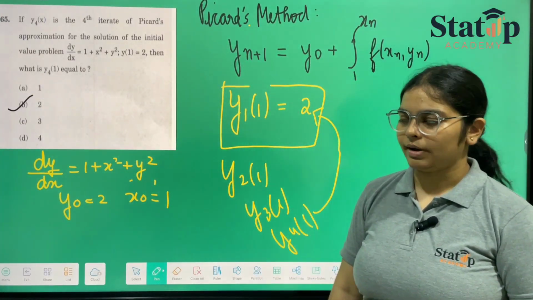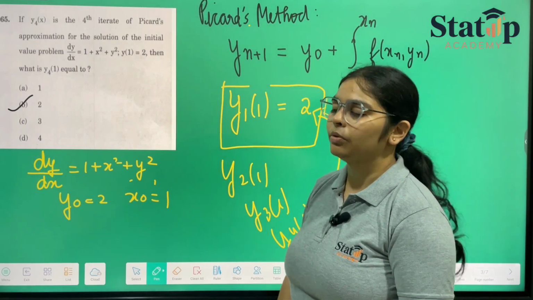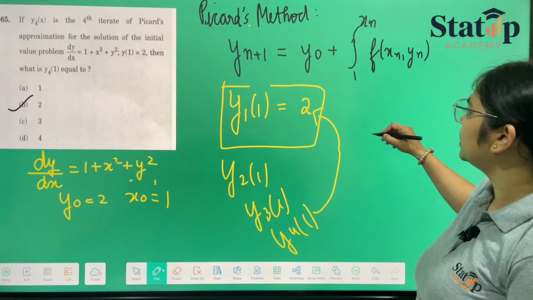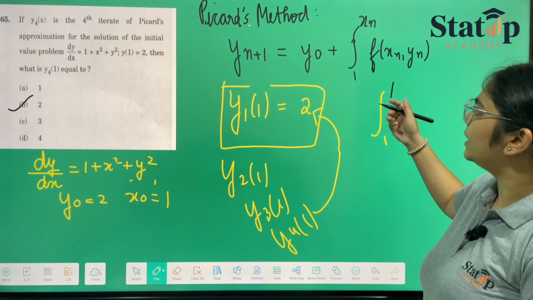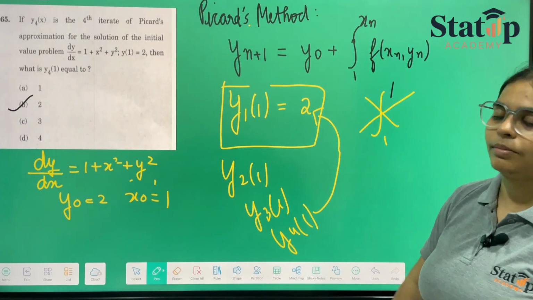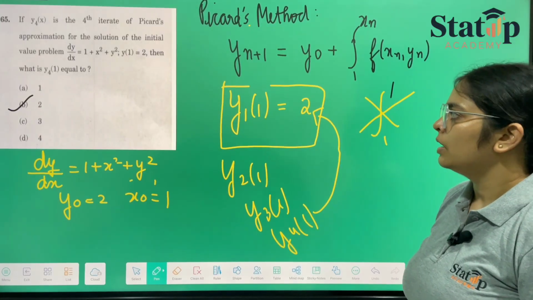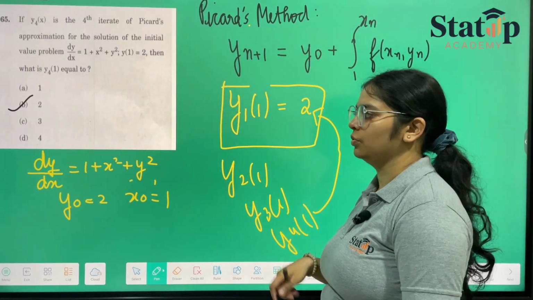This is a trick question in which you might keep on doing the calculations and integrating at every step. Instead, if you see the limit from 1 to 1 directly, you can say that the limit will always remain from 1 to 1, and hence it is 0. So our answer will be 2.